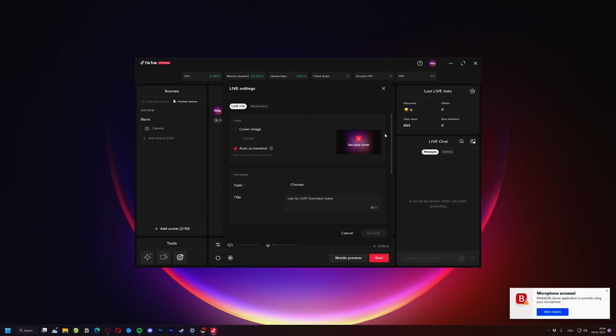Second, they will have some demands. You will have to stream at least so many hours per week to keep your live access. If you don't hit their quota for a long time or a few weeks in a row, they will take away your live access. To be honest, they can take away your live access at any time, randomly.